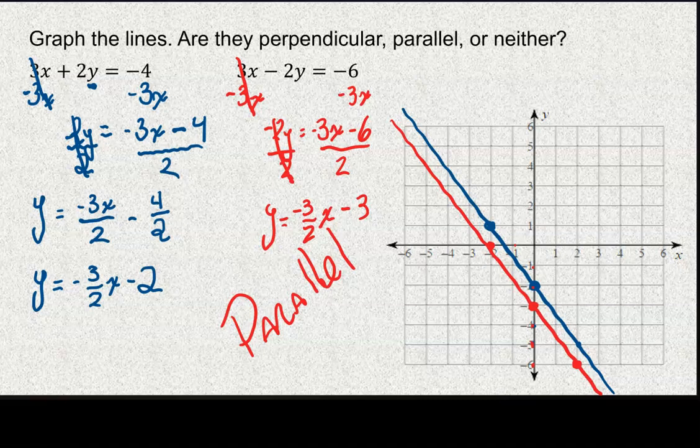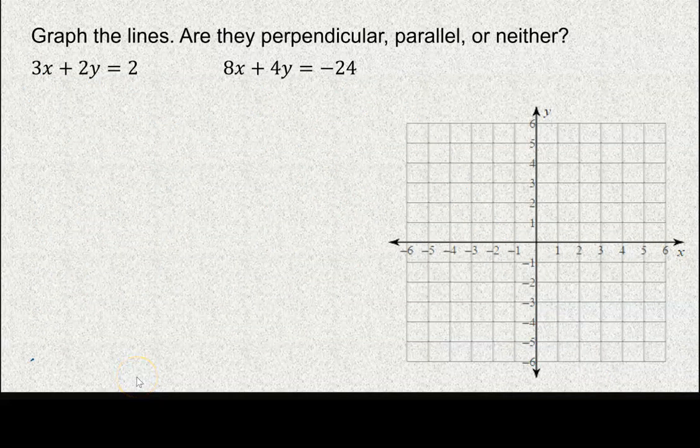Alright, last example. I'm hoping by now you're starting to see a pattern with the two slopes, if you look at the last two examples. Let's do this last example and see what we get here. Just like before, I have to convert these to standard form, so I'm following the same exact algorithm